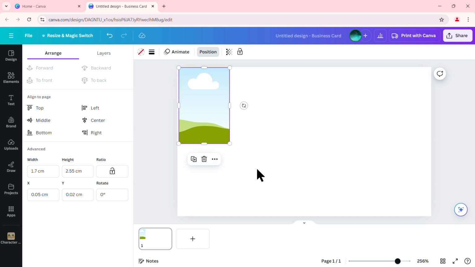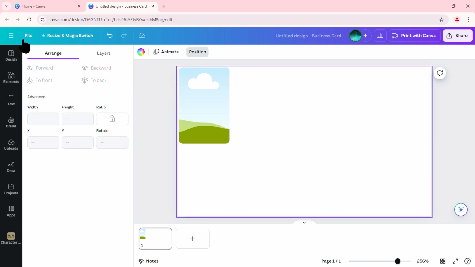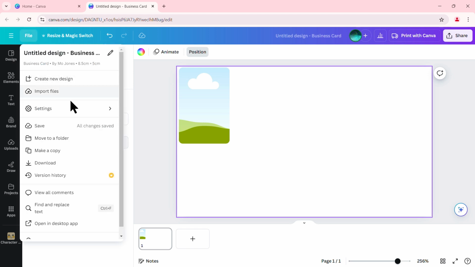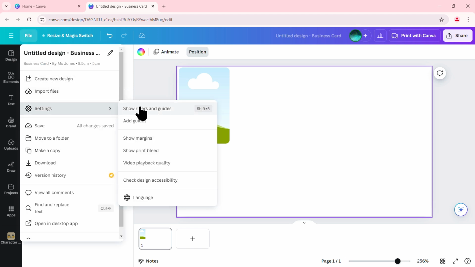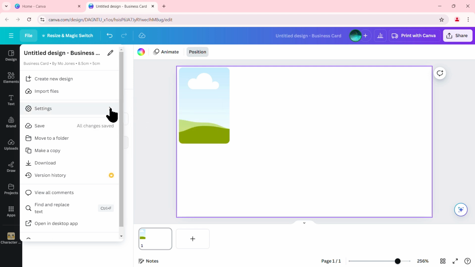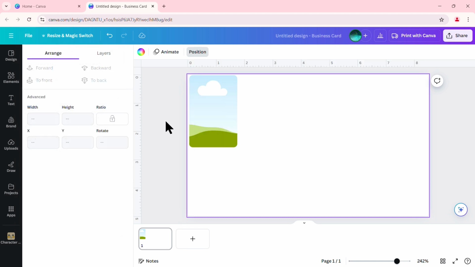So what I'm going to do is click on the File tab. I have to click on Settings to get here. What I want to do is go ahead and show the rulers and the guides. That will give me a good idea of how much space I have to work with. So here's my ruler over here. All right, so we can see we have just about 5 inches, a little less if we take away the